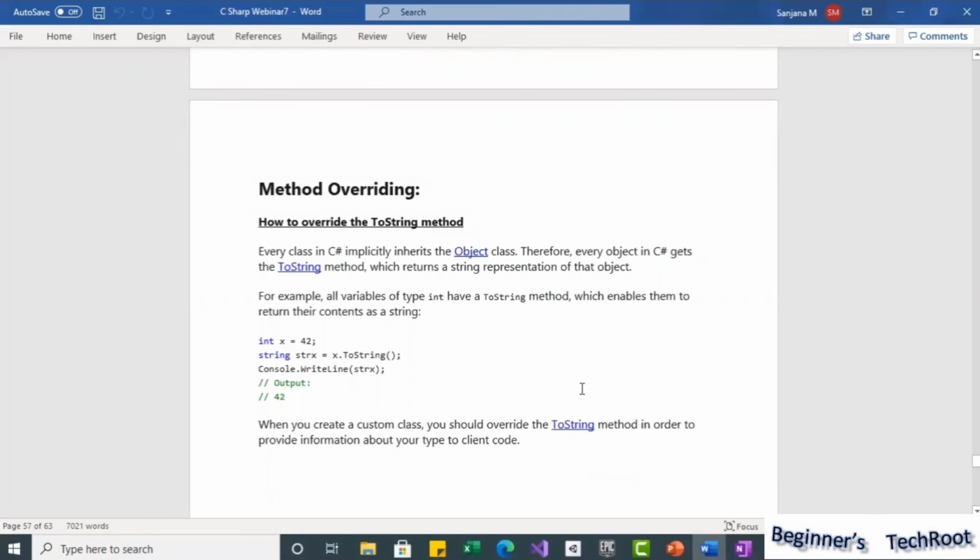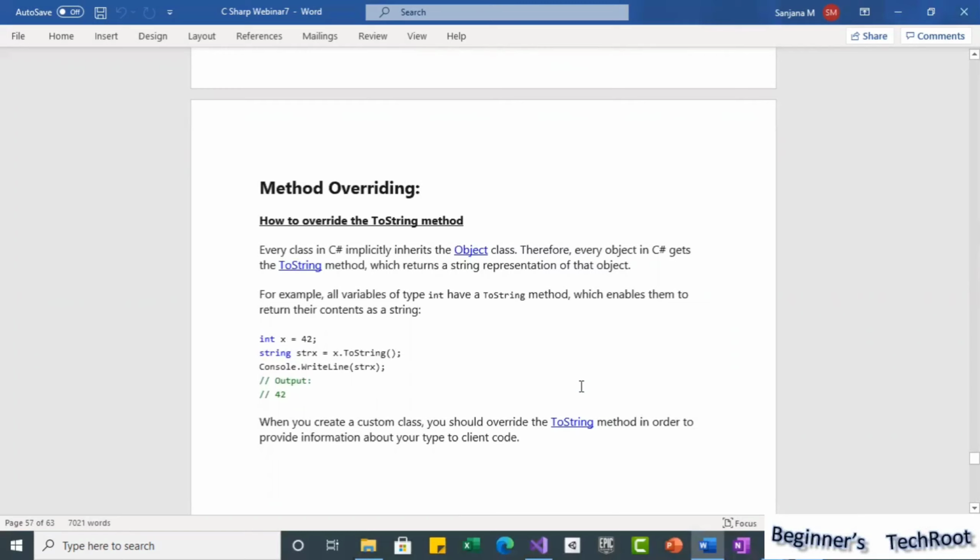And overriding. Okay, so method overriding. So what is method overriding? Before going to method overriding, every class in C Sharp implicitly inherits the object class.